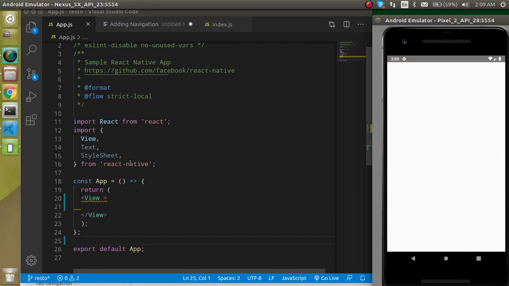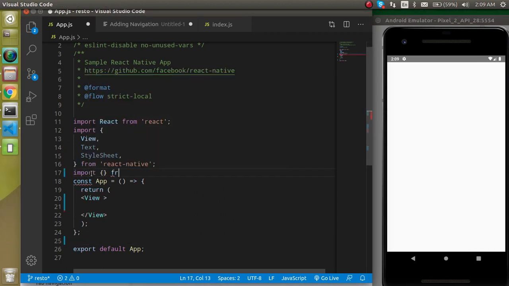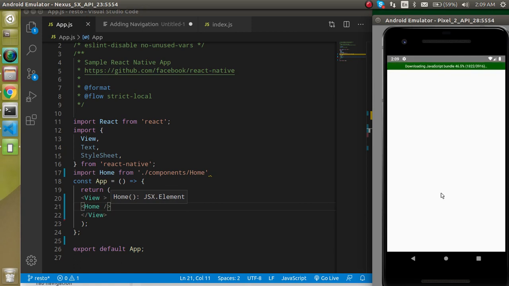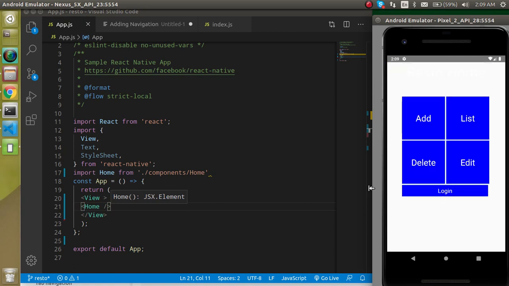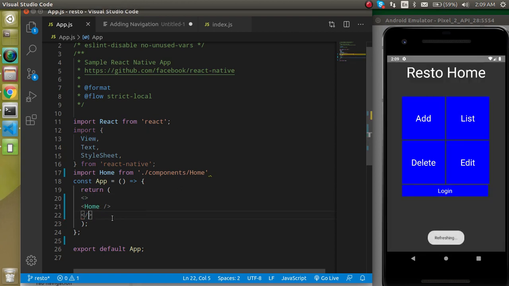Yep. So let's import the home, import something from components home, and let's get the home here, and home should be like this. Okay, but why do we have the white screen? Because the style is for the black screen. So for that we have to use the fragment. I hope you know about the fragment, otherwise you can watch our